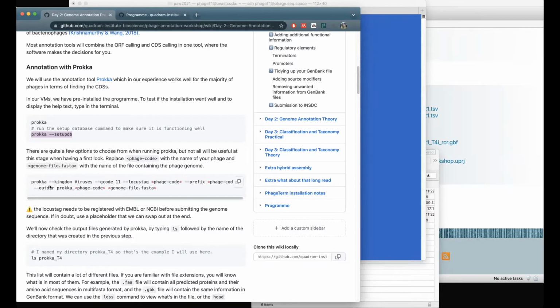Okay, so what we're going to do is Prokka, kingdom viruses. One of these here, I'm choosing the genetic code 11, which is the bacterial code. So that's where we combine viruses and bacteria, meaning we have phages. Now, there are some phages that don't